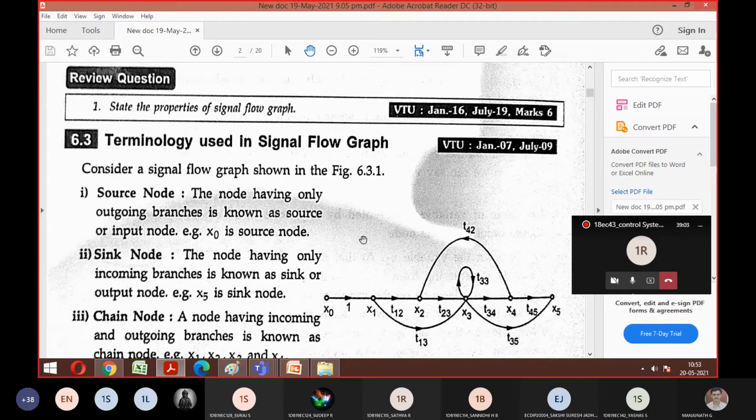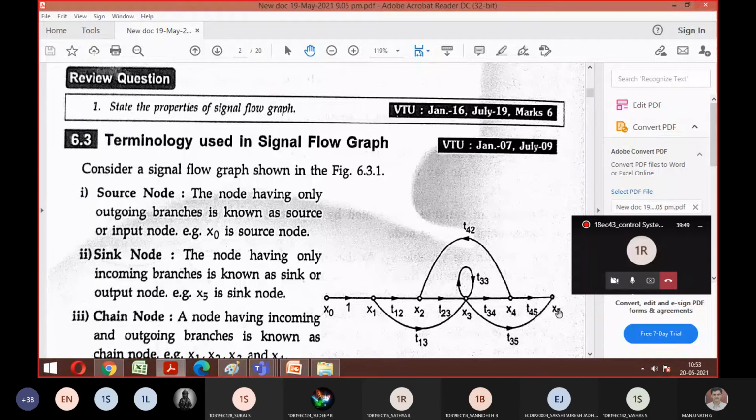Yeah. So now go with the sink node. Sink node is also called the output node. The same way we traced a source node as an input node, a sink node is called the output node, where a node has only incoming branches. So incoming branches are meeting at which junction here? Is it at X5, the output part? Yes, sir. So simple logic, remember: source node means input, sink node means output. That much if you remember, whatever example you take, you can go ahead. So X naught is where I'm going to give my R of S, that is your input, and X of 5 is where I'm going to get C of S.